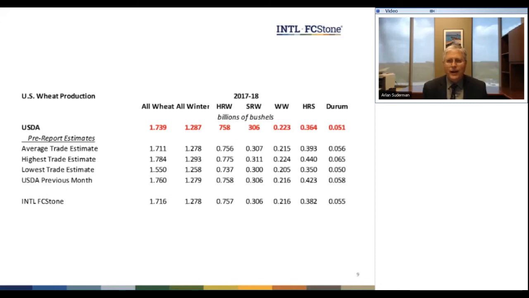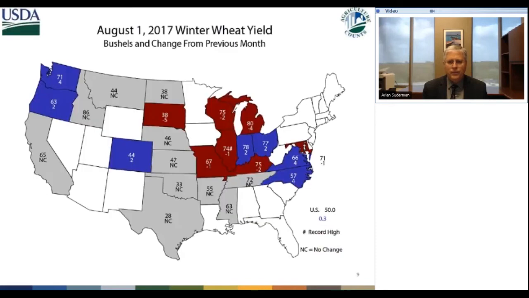They did not. I do expect that in the September 30th report. You'll see that on my balance sheet a little bit later, but I do expect the harvested acres number to come down a little bit more. Now, when they do that, maybe they'll adjust the yield upward, or maybe not. That's always a question mark with USDA, but for now, that's where they're at. And Durum came in a little bit lower as well, pretty tight stocks there.